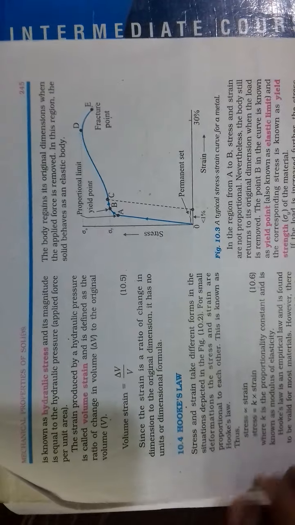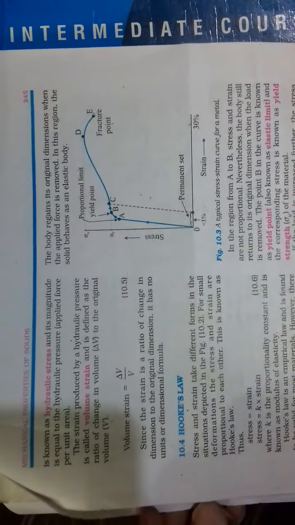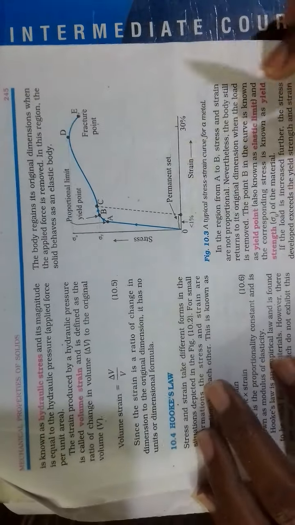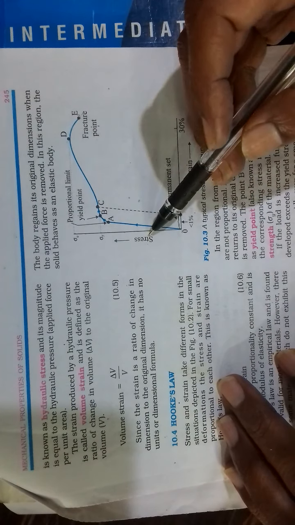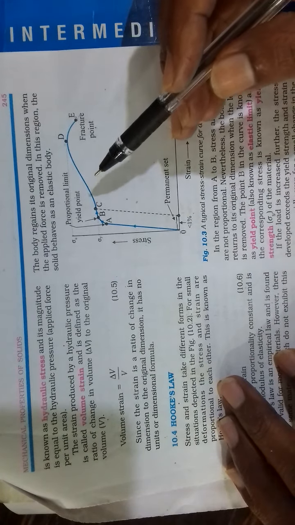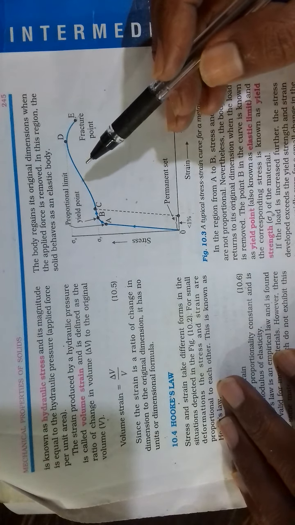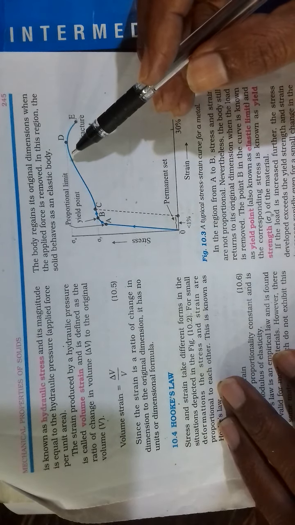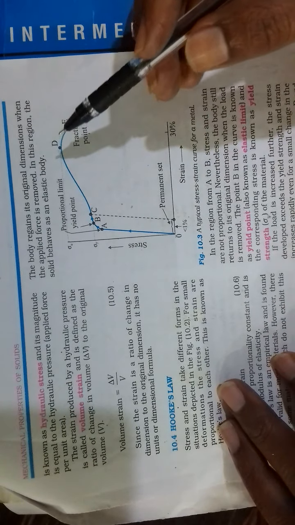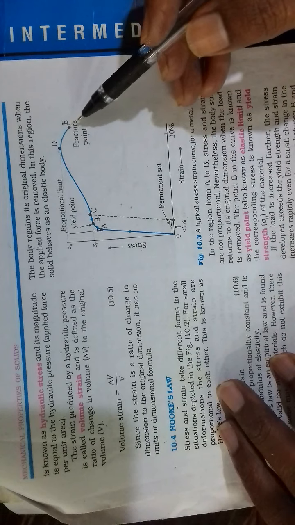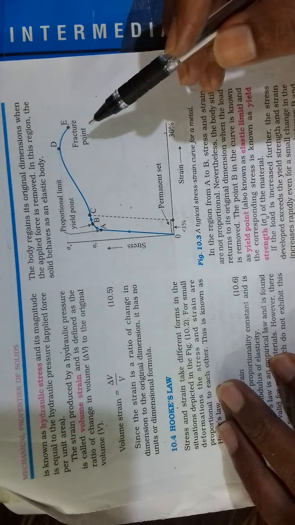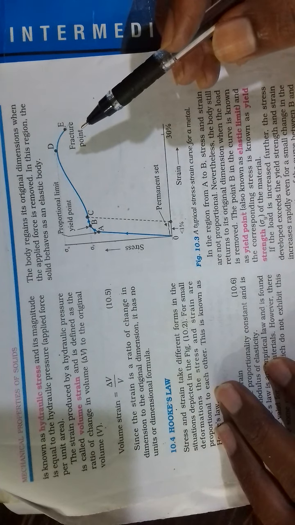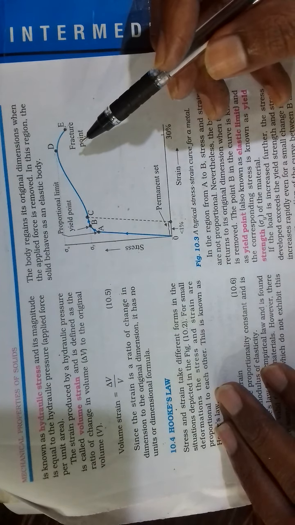See, when we considered the stress strain curve, this is 10.5. You might have observed, when stress was increased more and more, the cross section of the wire was getting decreased, and the wire was becoming thinner and thinner, and ultimately it was fractured. So on this, a scientist Poisson concentrated on this topic.